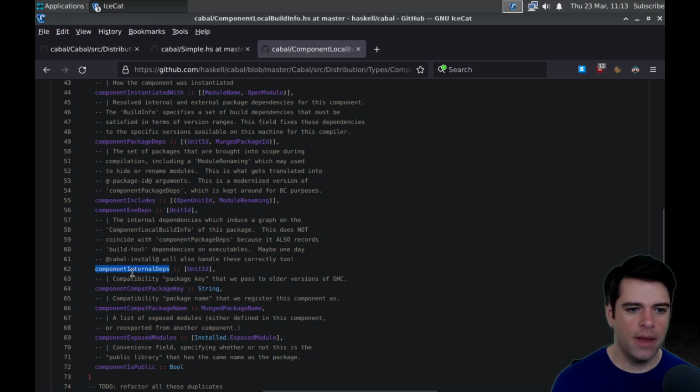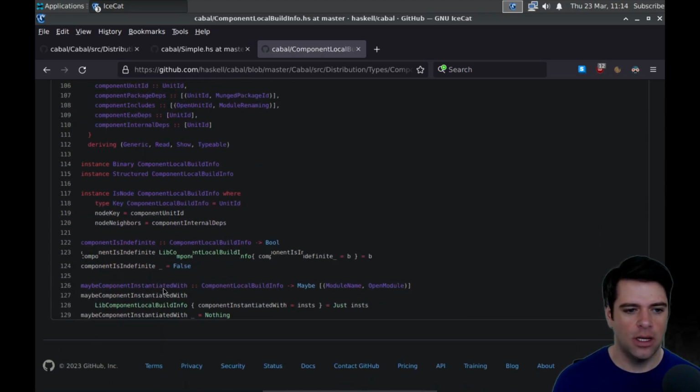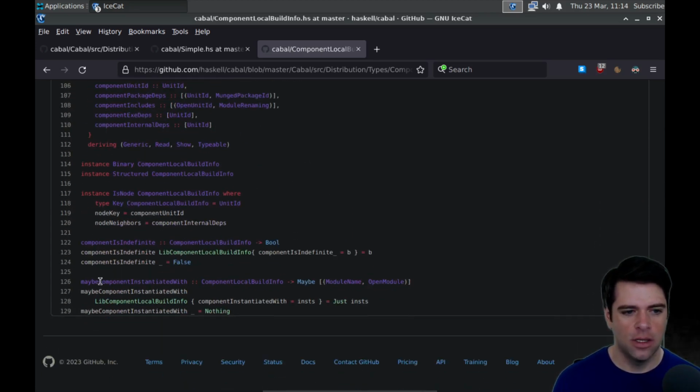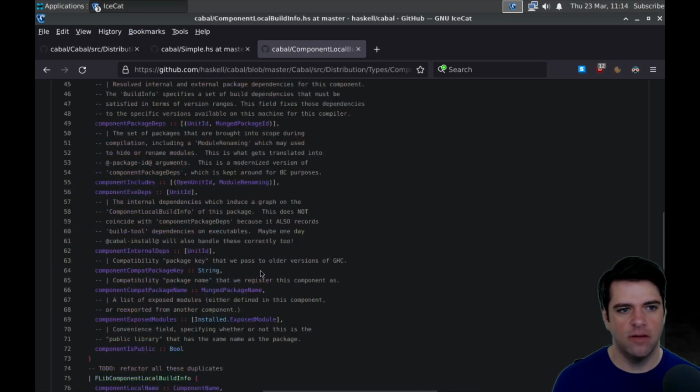Maybe internal deps is not just the separate deps from package deps. Maybe it's the whole thing. And then package deps is essentially internal deps set minus the hidden internal dependency somehow, I guess. And we've got maybe component instantiated with and some stuff.